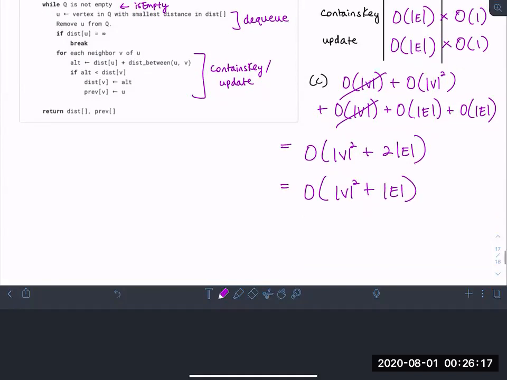Okay, so now here's the tricky part. Remember that the maximum number of edges you can have in any graph is on the order of V squared, okay? And the minimum number of edges you can have is on the order of V. And so let me explain why. So my claim is that E is going to equal V minus 1 in the minimum number of edges case. Okay? And the reason for this is because if we want our graph to still be connected,